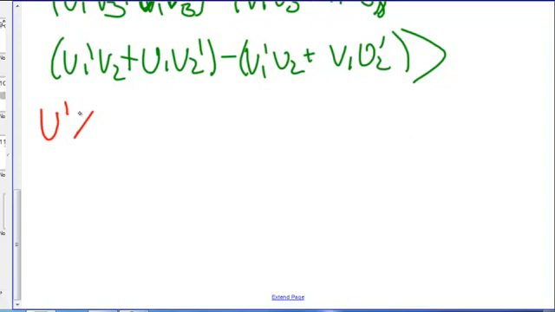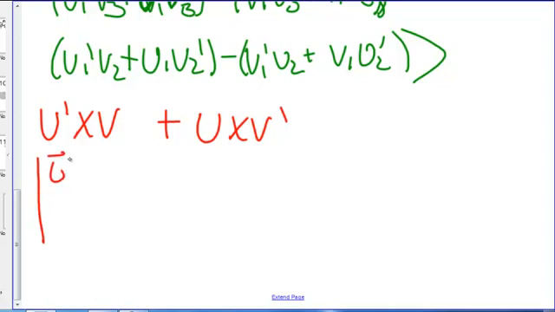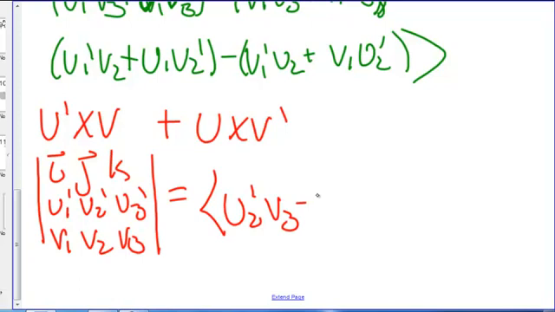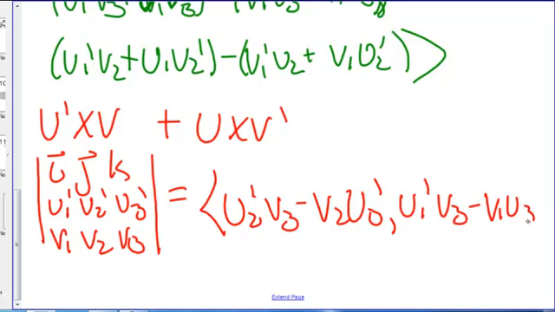If we have u prime cross v, that will give us i, j, k, u1 prime, u2 prime, u3 prime, v1, v2, v3, which is giving us u2 prime v3 minus v2 u3 prime, comma, u1 prime v3 minus v1 u3 prime, comma, u1 prime v2 minus v1 u2 prime,